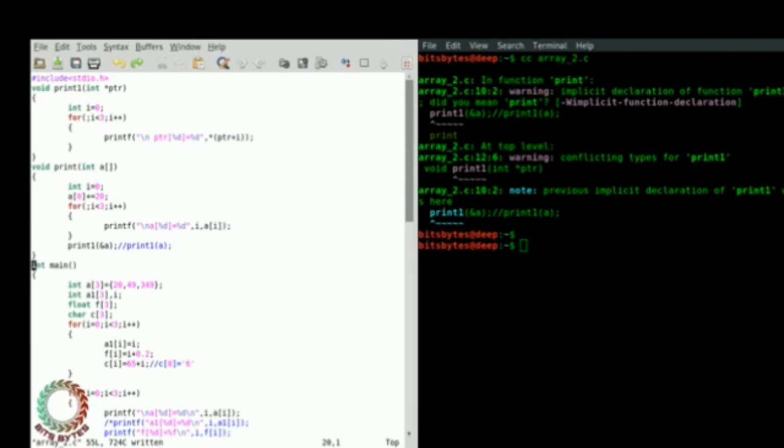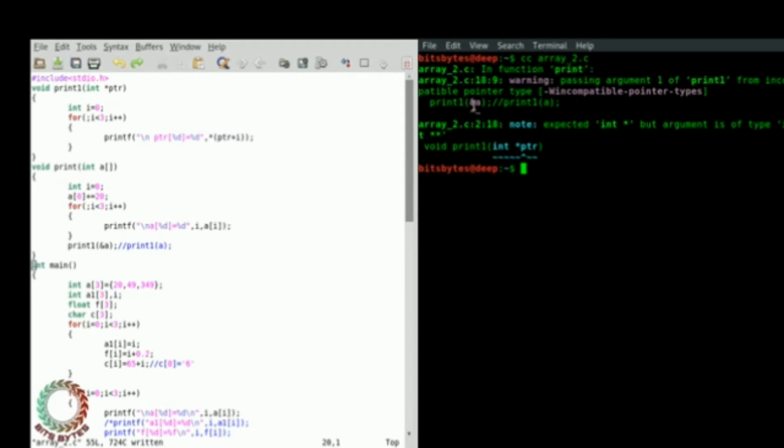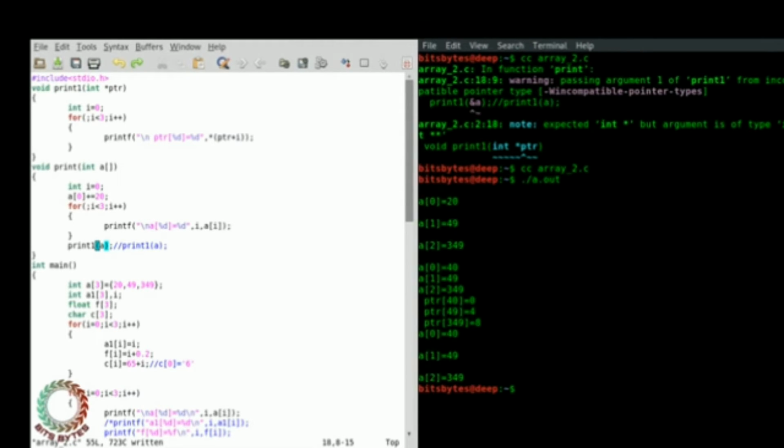If you call that function, see, it shows if you send an address, it's a double pointer. But now see, this program is running.